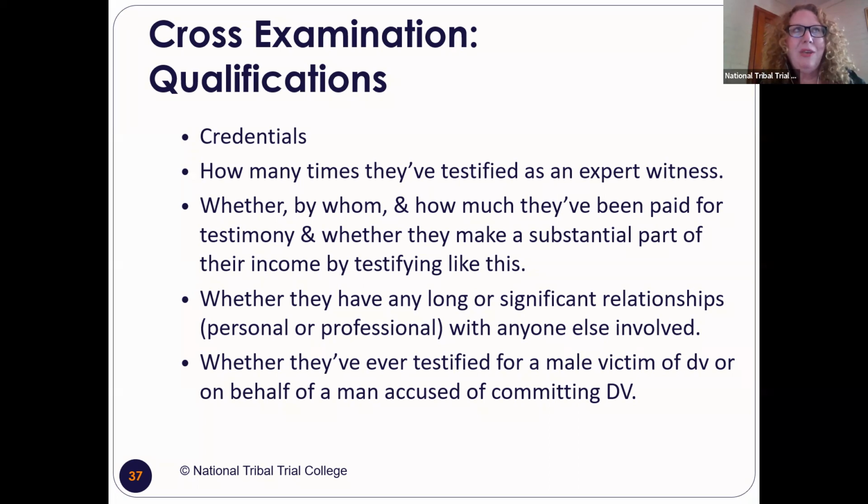Like in a DUI case, they have experts on DUI when you're doing criminal defense for people who get caught drunk driving. It could be $10,000 for your expert. So whenever you've got a drunk driving case where they bring an expert witness on, the prosecution is going to be like, how much do you get paid? What percentage of your income do you make testifying as a so-called expert, right? Trying to show that their bias is that they are prostituting themselves for money, right?